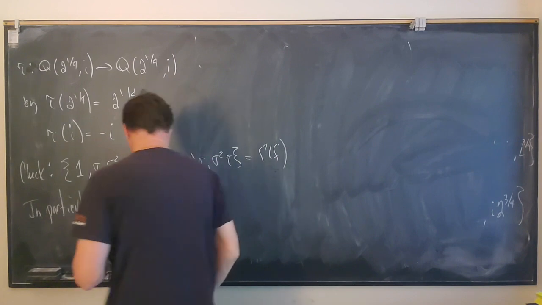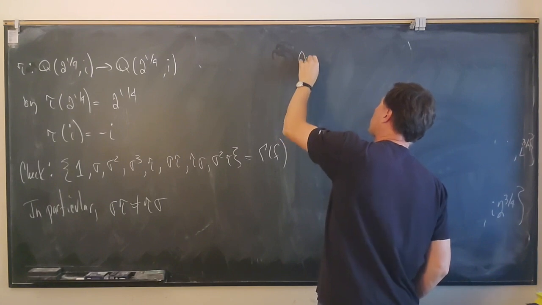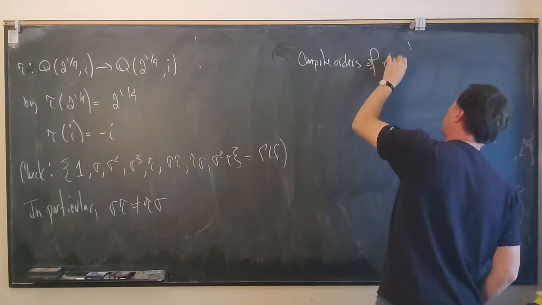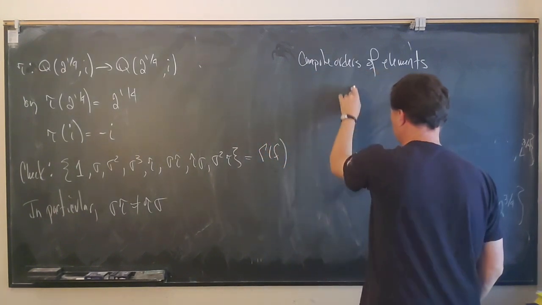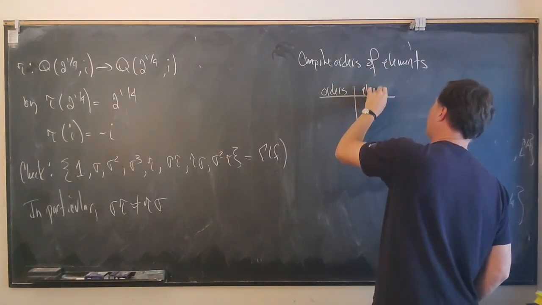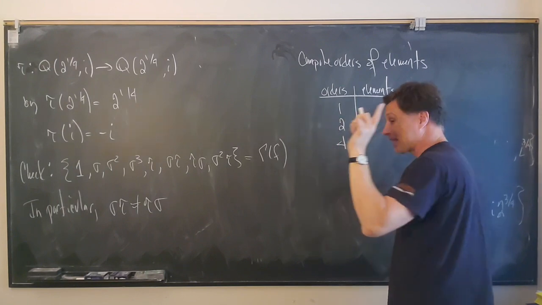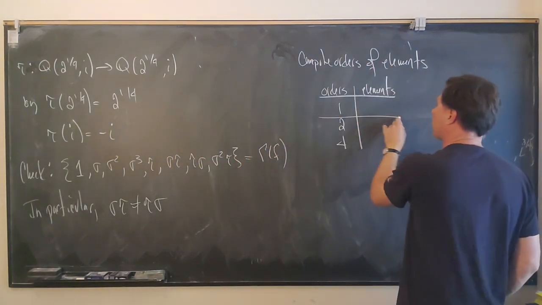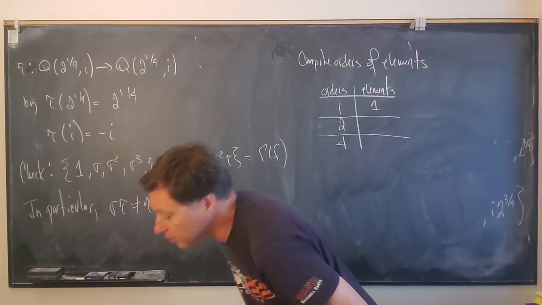Now, it just amounts to computing orders of elements. So compute orders of elements. Let me just make a little table here. The possible orders here are 1, 2, and 4. It's not cyclic, so those are the only possible orders that it has. And it turns out then that if you actually crank this out, the identity has order 1. Sigma squared